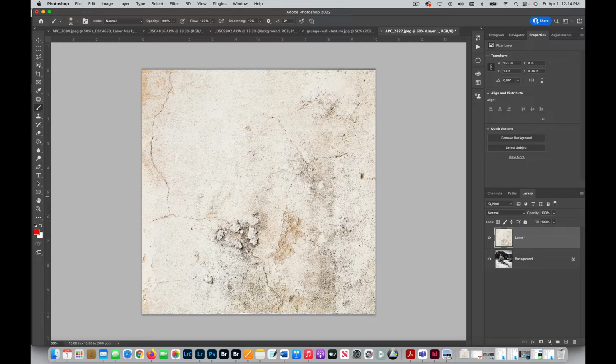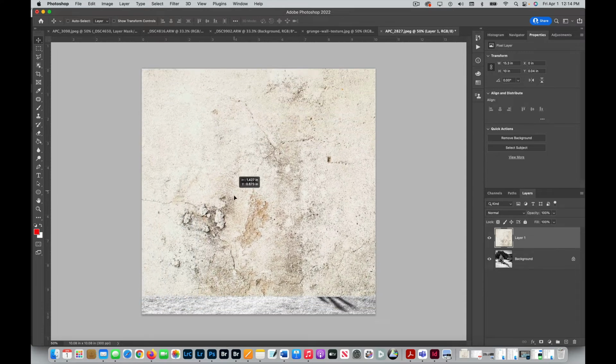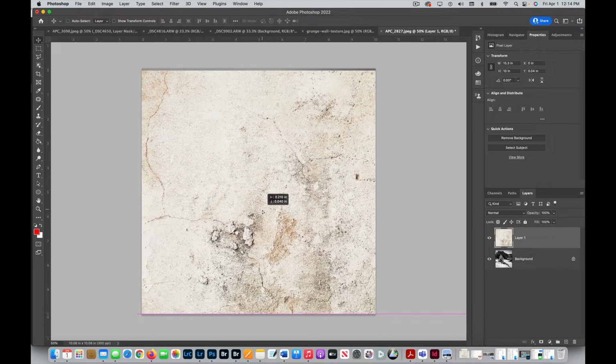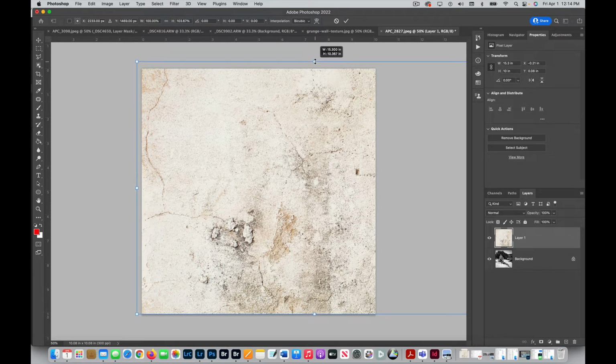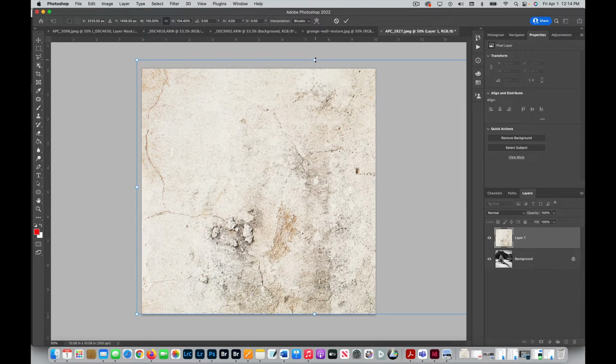And now I'm going to go to the Move tool. I hit V on my keyboard to do that, and I can just look at what this looks like, where I might want to have it overlay. Notice at the top it doesn't align. So I'm going to do Command T for transform, and I'm going to hold the Shift key because it doesn't matter if I stretch this. I'm going to stretch it up a little bit, and I'm going to hit return on my keyboard. I'm going to go to the Move tool,